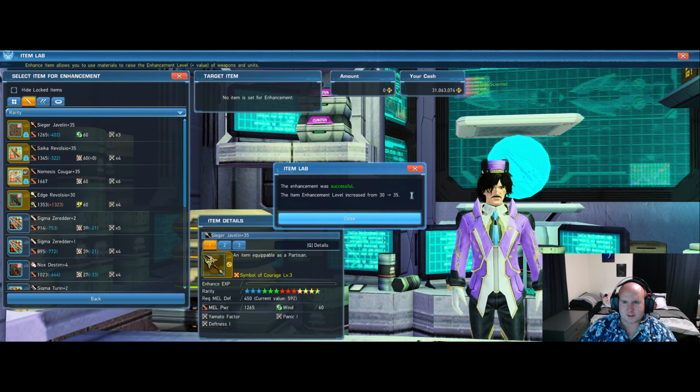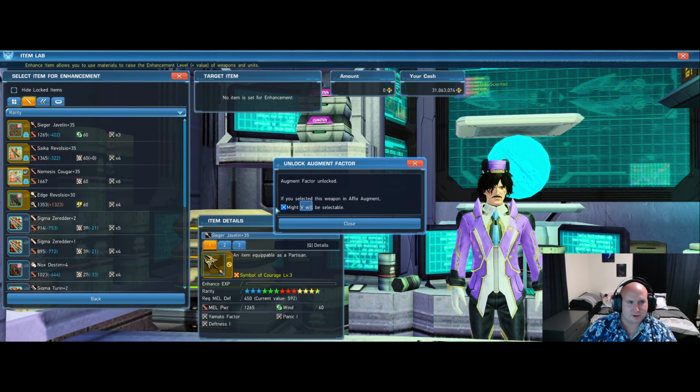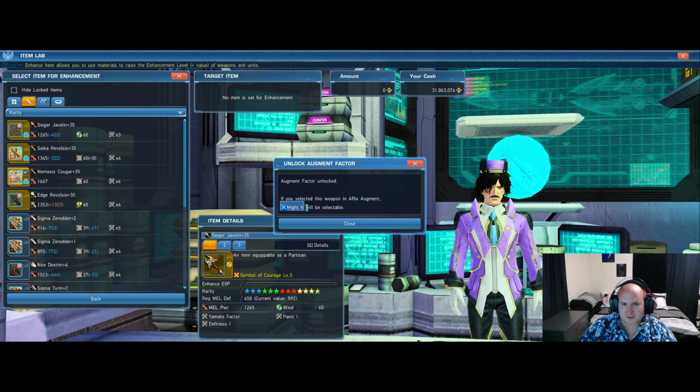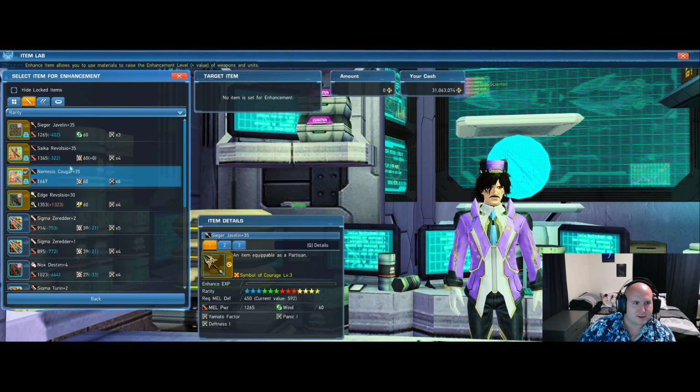Alright, so this is kind of what we were doing this for. So you can see now that it's plus 35, it's got this Augment Factor. The reason I wanted to do this weapon, I'm actually going to use it eventually because it can add Might 5 to whatever item I want to use it on. So let's just, for the sake of showing what this does,